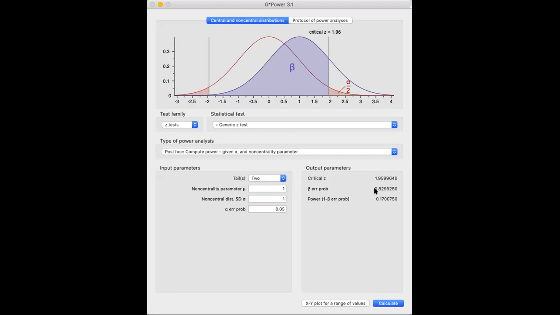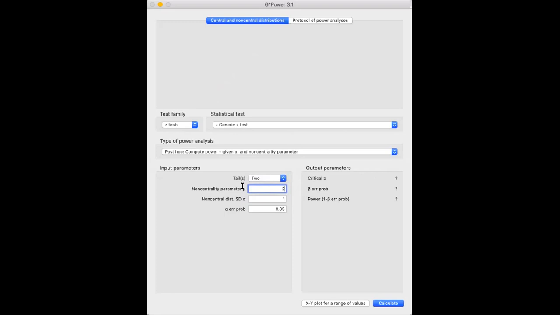Now, to increase that value, imagine that the z value is determined by the difference of means divided by the standard error. If we make the standard deviation smaller, then the z value will actually increase. Now say the z value has increased to 2. So if we change the non-centrality parameter mu and set it at 2,